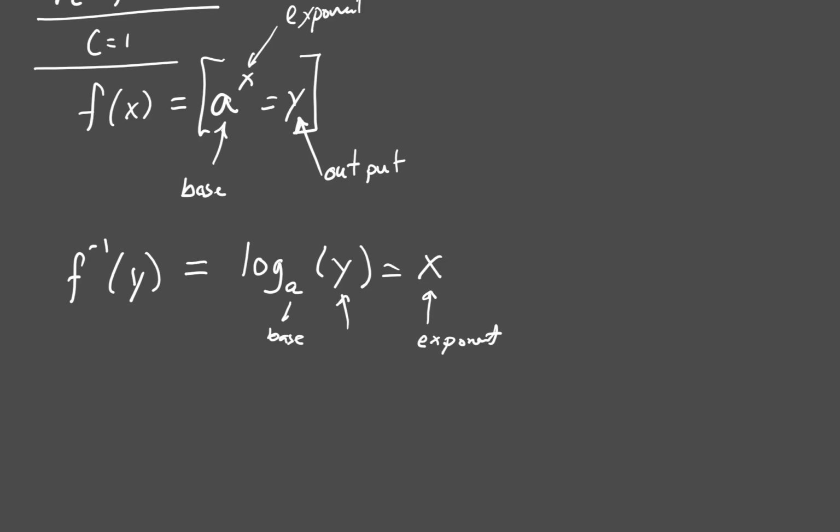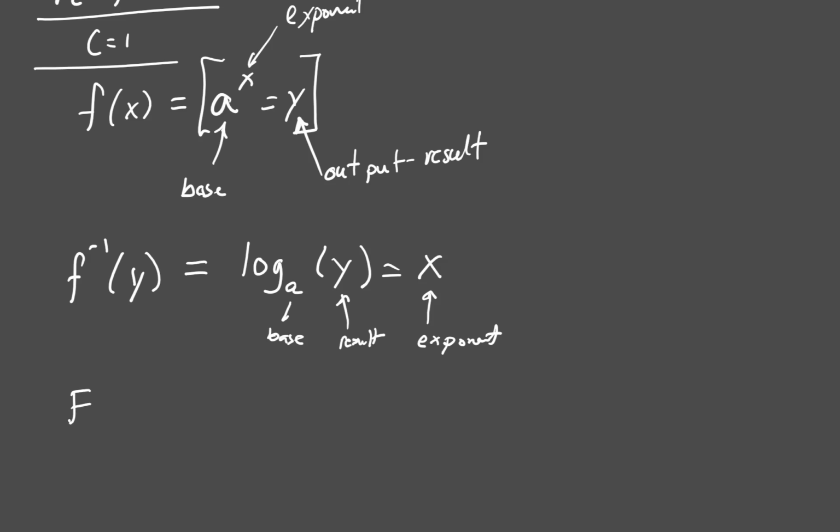And this was the result of the exponential function. So I'm going to take the result first and put it into the logarithm. I'm going to tell you which base was used to get that result,